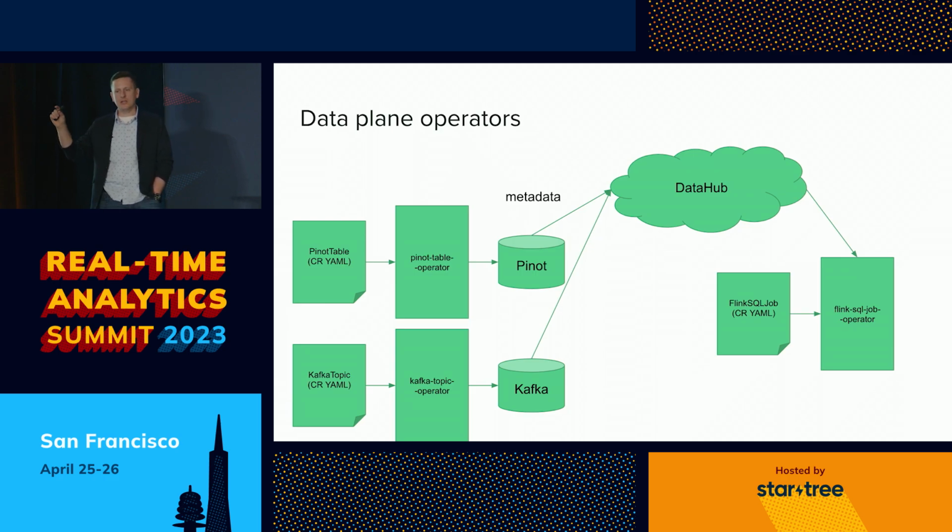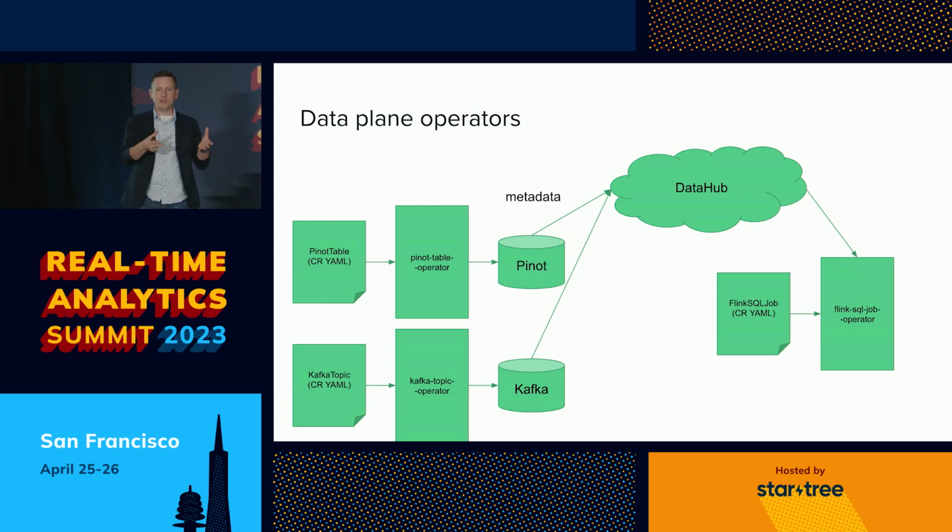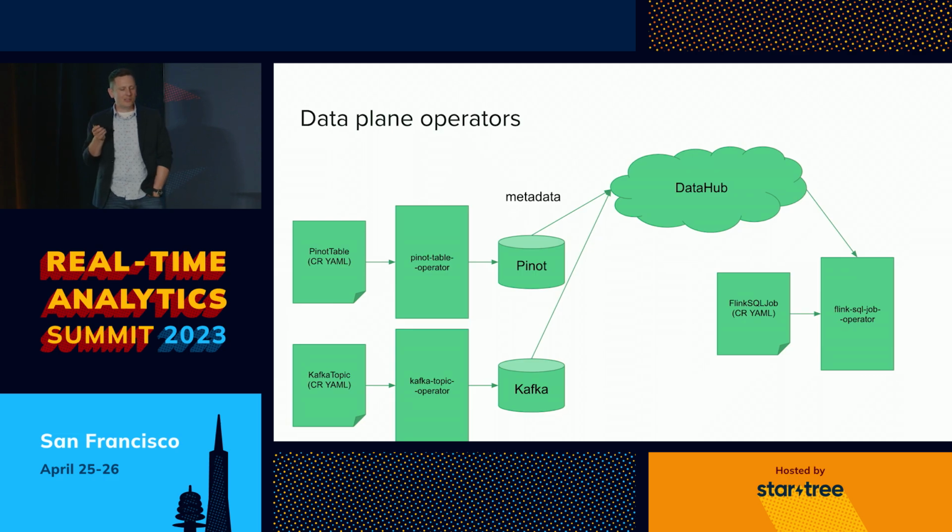So instead of talking to Kafka, you can talk to Kubernetes and say, hey, Kubernetes, I'd like to create a Kafka topic. And then the Kubernetes operator steps in and actually does that for you. And you can do the same thing with Pinot. And when I saw this the first time, you're probably thinking the same thing, like, why? Why talk to Kubernetes when you can just talk to Kafka? Why talk to Kubernetes when you could talk to Pinot? And if you're a Pinot person, you probably like talking to Pinot.